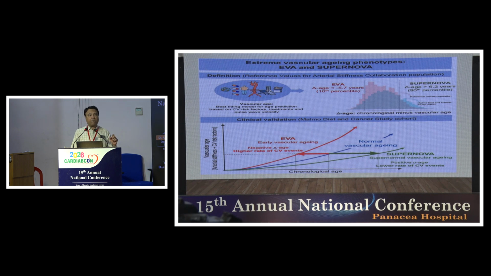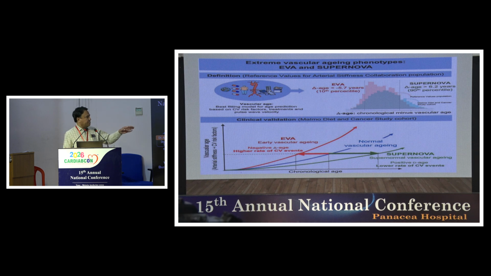But in future, after searching through the literature, what I came across is that, maybe this is non-invasive, but one invasive test can be considered very important for vascular age, that is NT-proBNP. If NT-proBNP is more than 125 microgram, then it does not indicate anything specific, but it indicates increase in CV mortality. And that is a reflection of the extreme blood pressure variability, which I showed previously in my slide.